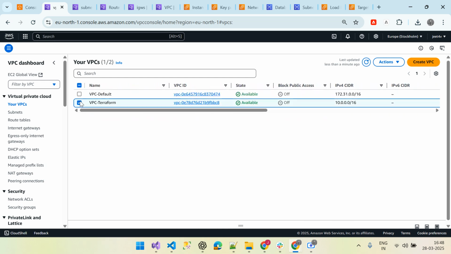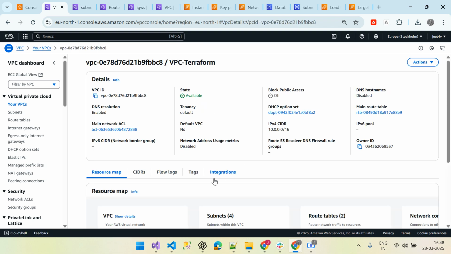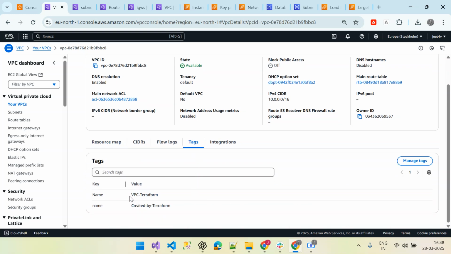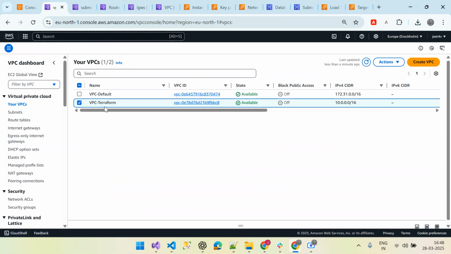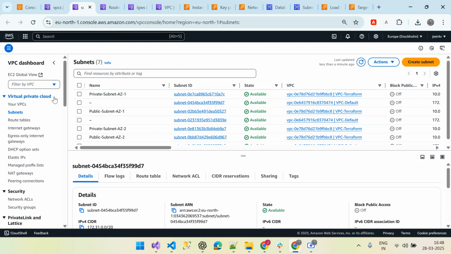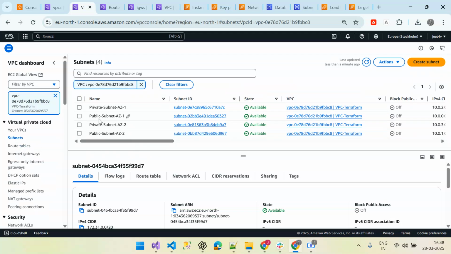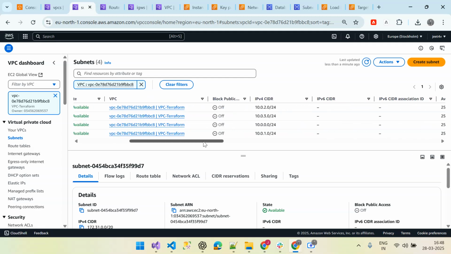and once I select this, I can open it, and inside this we can check the tags. This is VPC Terraform and created by the Terraform. These were the tags I have added into it. So VPC is created. Then second, subnet. I'm refreshing it. Yep. And I'm selecting my VPC. The subnets which belong to my VPC, I can filter from this. So these are the two private subnets and two public subnets belonging to two different availability zones. These are also created